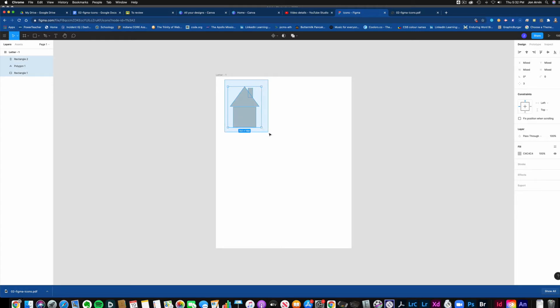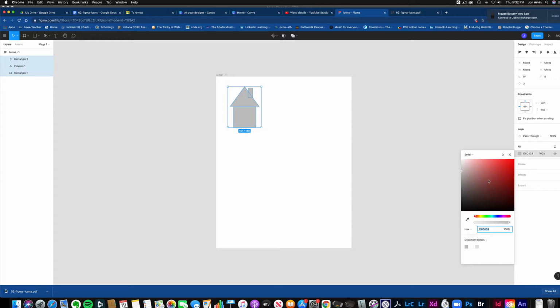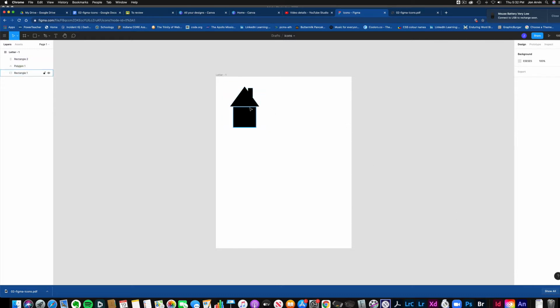And I could select all of those objects right here. And I'm not going to really be concerned about what color they are. You could leave them gray if you wish. But I'm going to make it black, I believe, is what I'll do. I intentionally left a little bit of a gap right there. I kind of like the way that looks. So I did that on purpose. So this wouldn't be bad. Right, and yours doesn't have to look